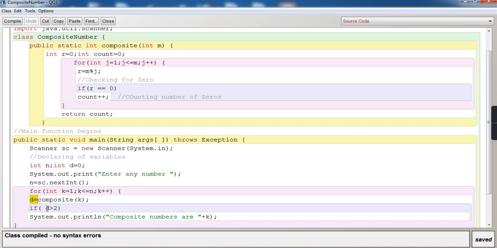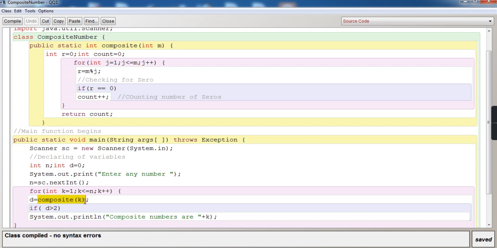From the function definition it will be returning a value to d, this d which is highlighted over here. So d is equal to composite, so it is trying to search for the function composite.